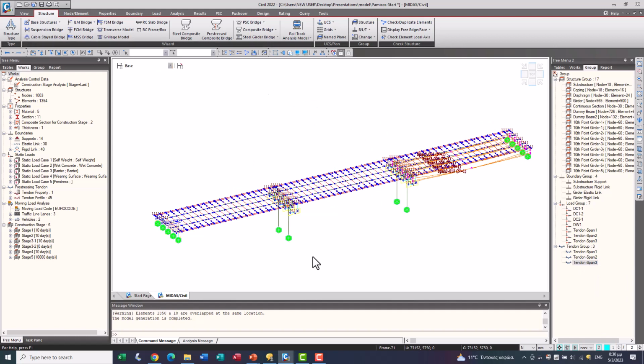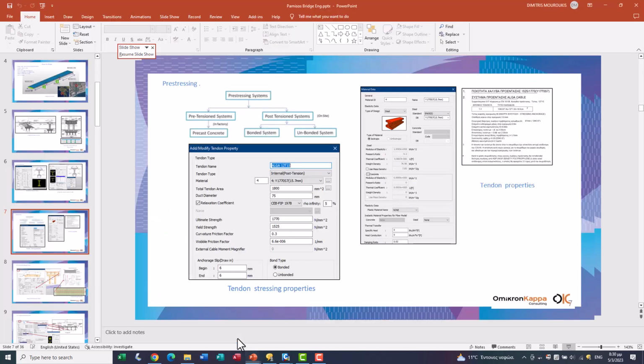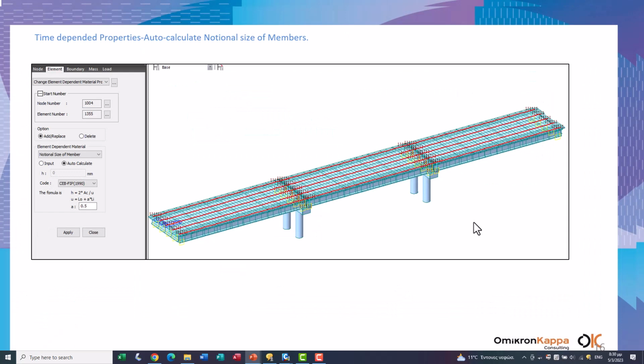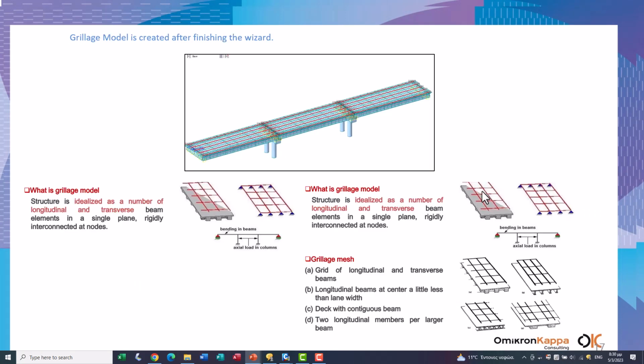So let's move back to the presentation. After the wizard model is created, we have the grillage model. The structure is analyzed as a number of longitudinal and transverse beam elements on a single or more spans with rigidly interconnected nodes.